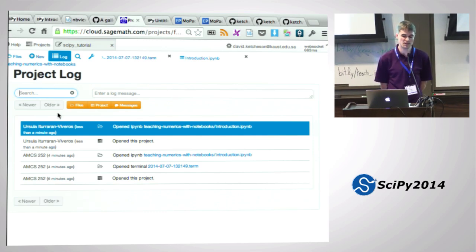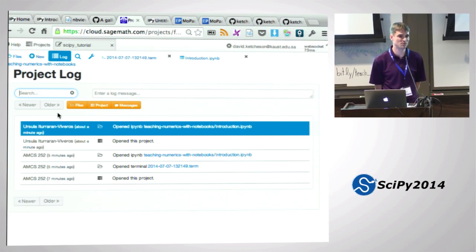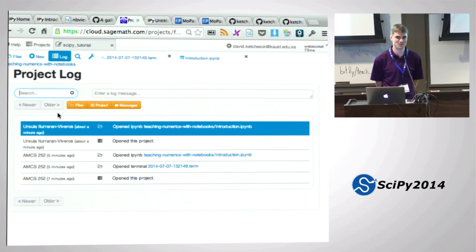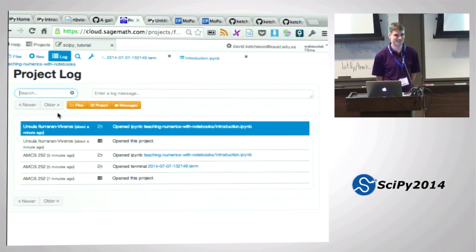But he's extremely accommodating. For my course, I needed a couple of special packages installed, and I didn't want the students to install them. So I asked him, and the next day he had everything installed by default. It's free. There will be paid accounts. There are not paid accounts yet, and I don't know what is guaranteed to be free forever. I can't say anything about that. You have to ask William. He's extremely responsive. If you send email to wstein@gmail.com, you'll probably have an answer to whatever before the end of the tutorial.